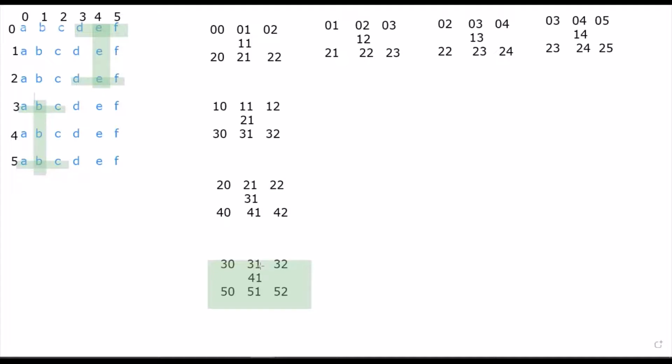To calculate the sum of each hourglass, we have to run two nested loops. The outer loop will run 4 times, as well as the inner loop will run 4 times. So there are 4 into 4, the total number of times the loop will run equals 16. And as we can see, we have 16 hourglasses. So let's see the logic.